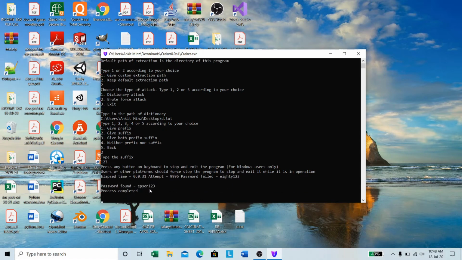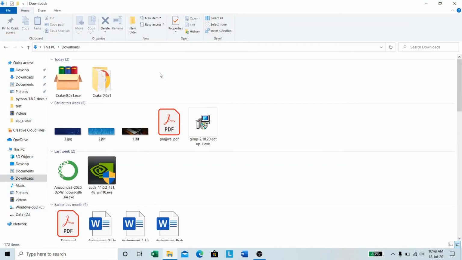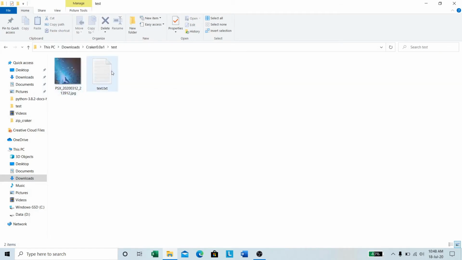Password found, Epson 123. Process completed. So now it should be available in this folder. Test. It is right here.